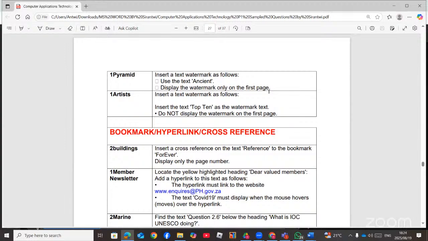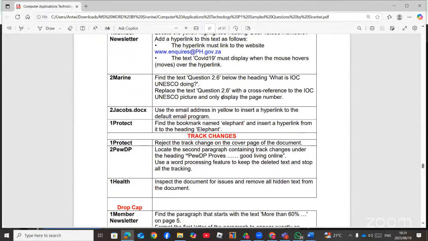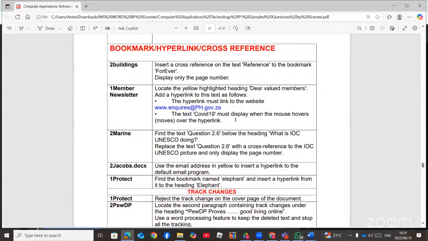Watermark only on the first page. Don't forget to put a section break before you insert it. And then after that, remove that link to previous. Then you delete the rest. Right. Now, hyperlink. I think we talked about hyperlink already. When you hyperlink and then you want to put,